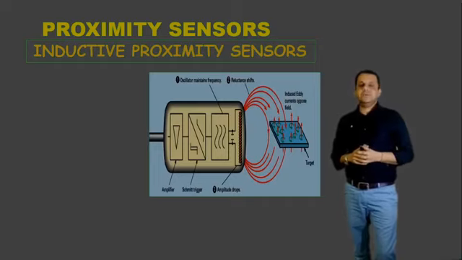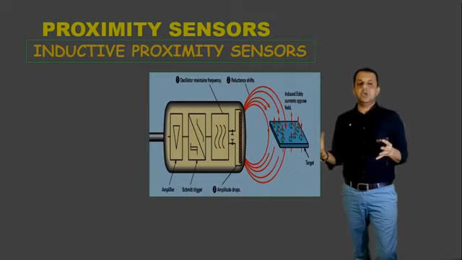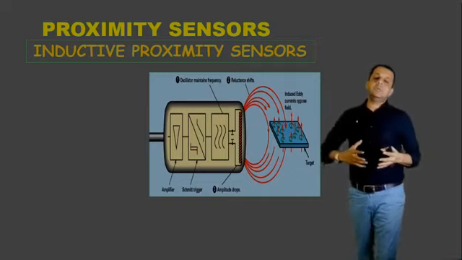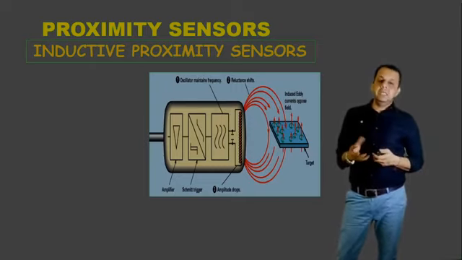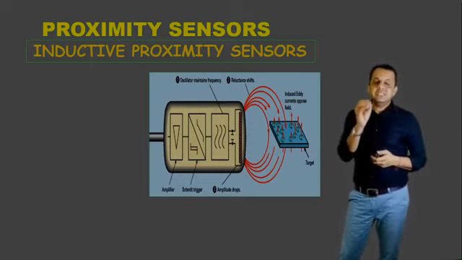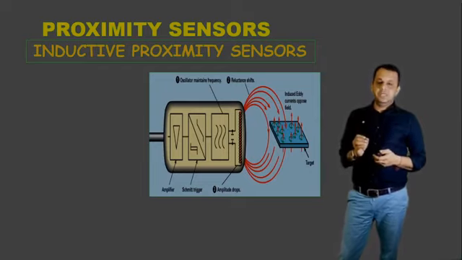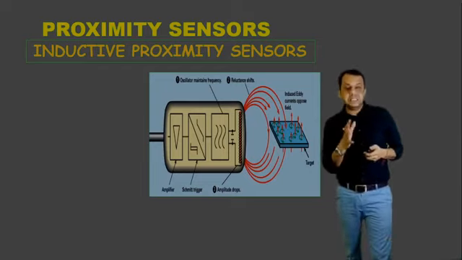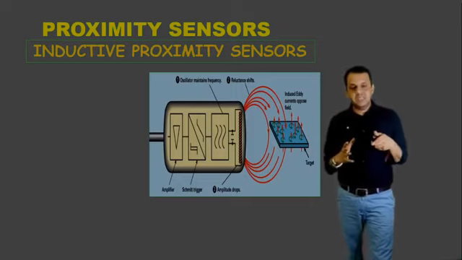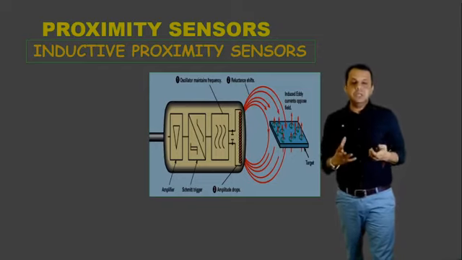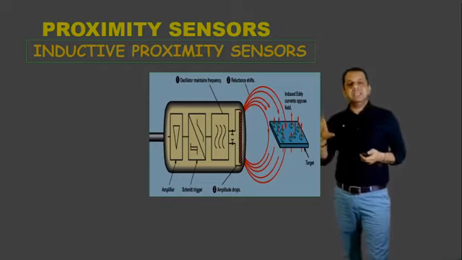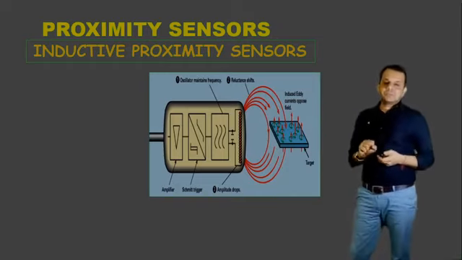Next is the inductive proximity sensor. The fundamental concept and components almost remain the same. Here we talk about the eddy current that is being produced in the target. So definitely the target should be a metal. Metal means that it can conduct current. Whenever there is a current flowing within the conductor, it will again induce an eddy current or eddy field within it, and that will be detected by this sensor.